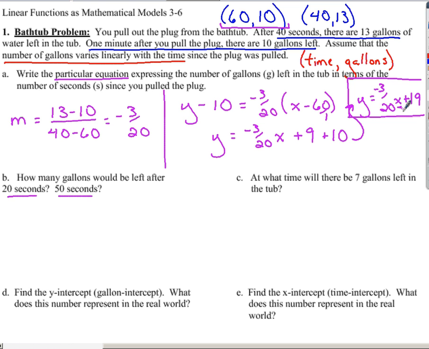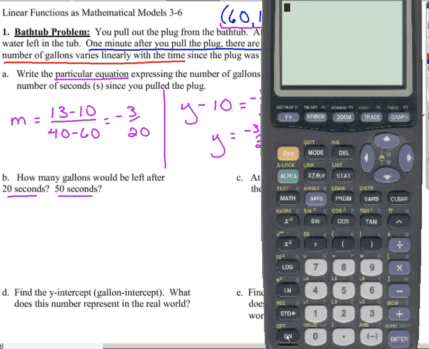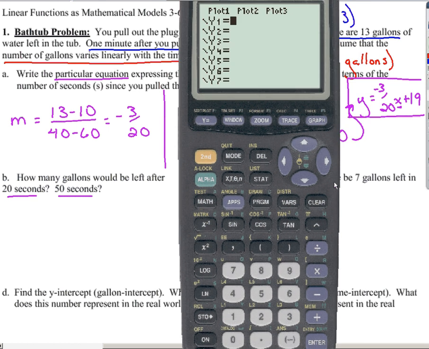Now, we could do that by hand, or if you want to use some technology here, go to your calculator. Since we solved for y, go to y equals and enter in our equation. Got to be careful here with the fraction. These parentheses: negative 3 divided by 20, close the parentheses, x plus 19. Should have our table set up where we can enter in some values, right? We know for part B here, x will be 20, x will be 50. So if I go to the table,